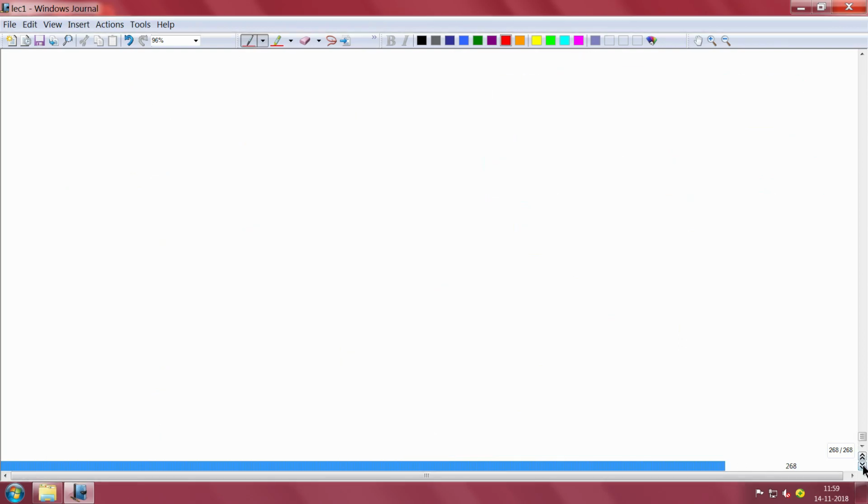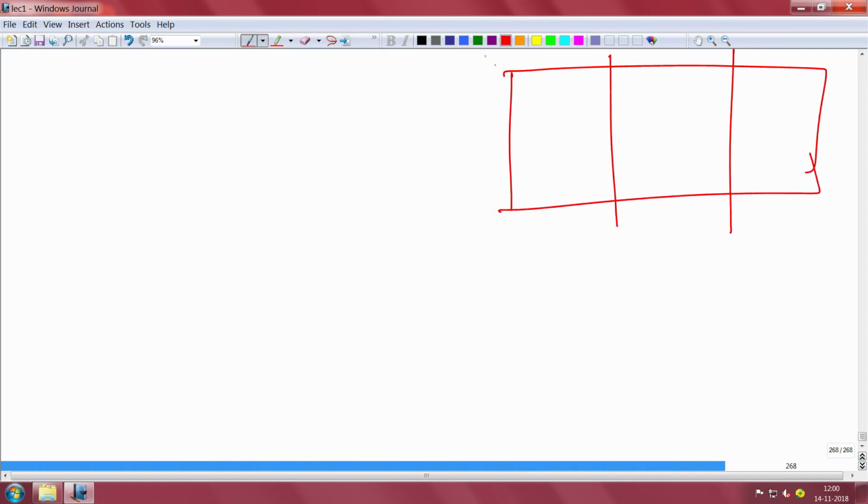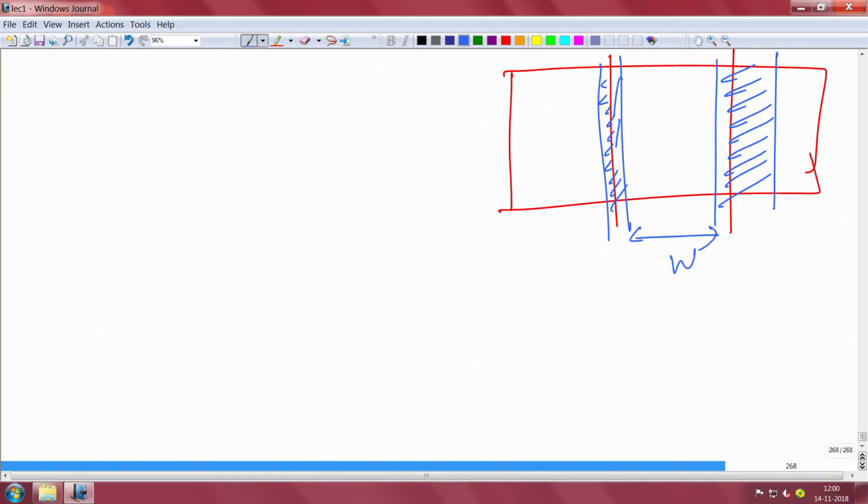Next is the base delay. There are two components of base delay I keep telling you about, right. So if I look again at the transistor, if I focus on the base, this is an emitter base depletion region, this is the base collector depletion region. What remains here is the neutral base width, okay.